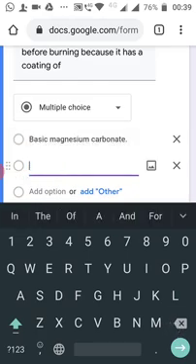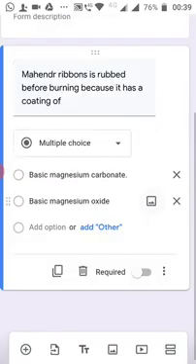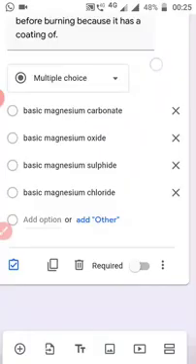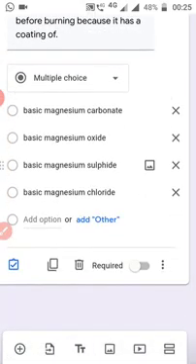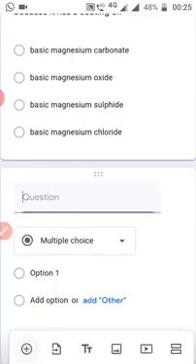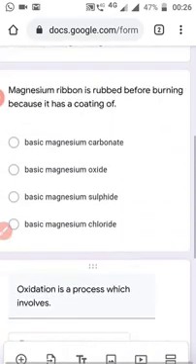Then I can click on the second option, that is basic. I'll click on the third option. I can add a fourth option also. So now friends, I have completed this first question. I'll go ahead with this, and these are the various options. I'll add a new question by clicking on this plus button. I'll click here. Now the option for a new question will come. I'll have to type the new question here. Now friends, I have completed two questions.